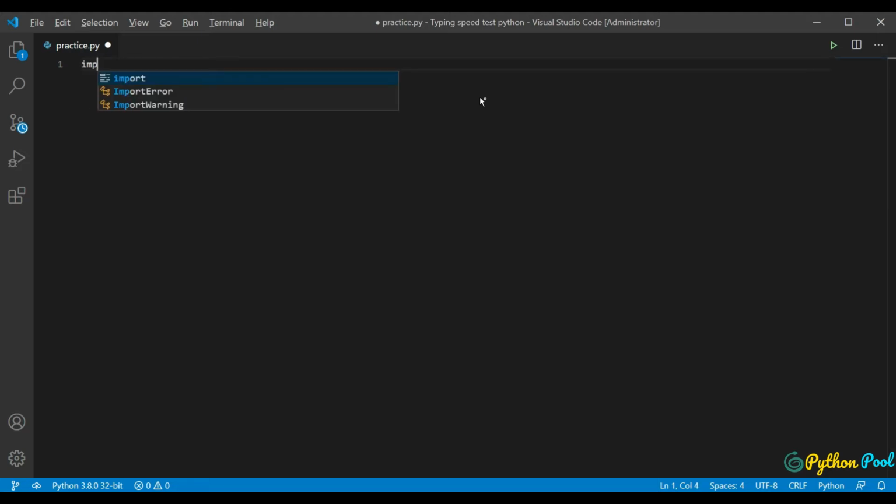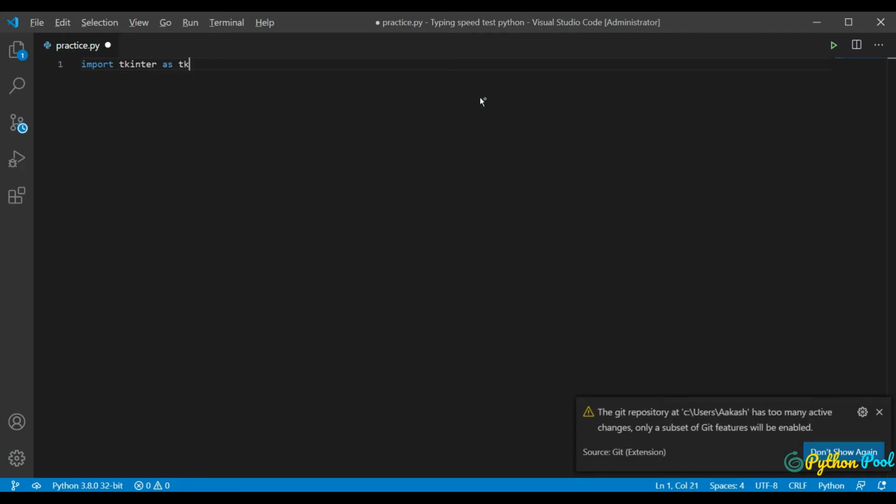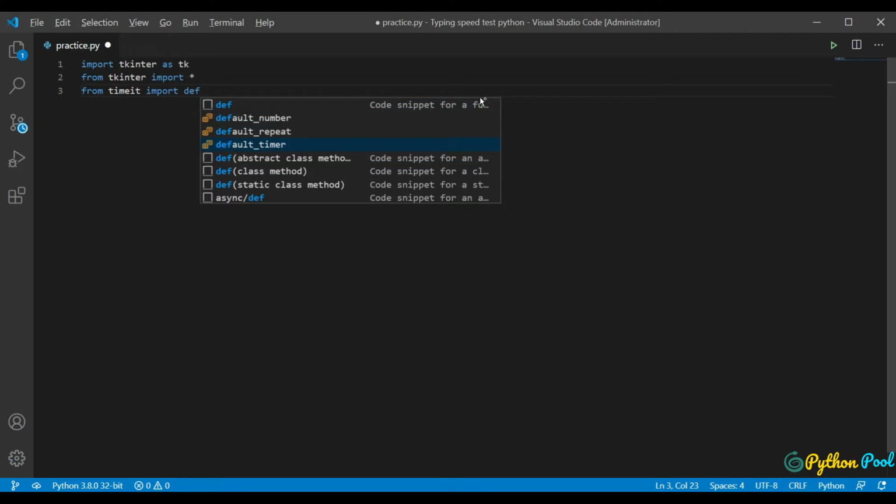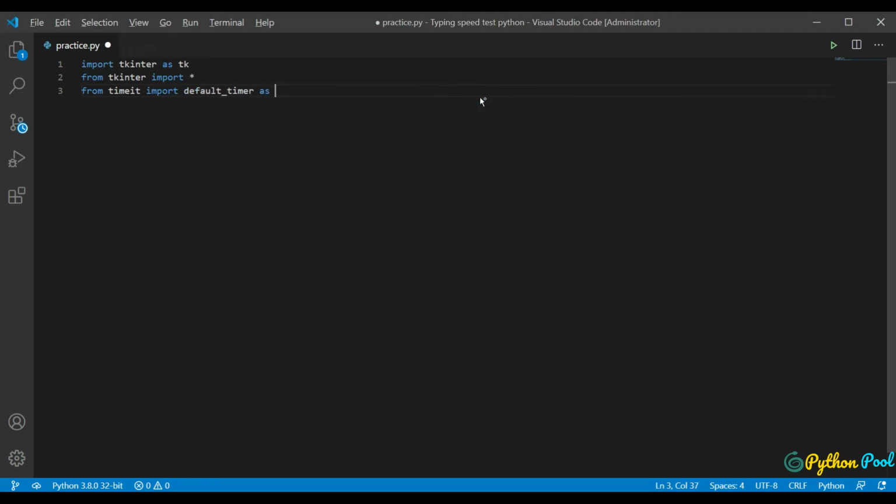So import tkinter first, import tkinter as tk, and once we are done with this, from tkinter import star, and from timeit we only need one function, so import that default_timer function, and let's make it short as timer.